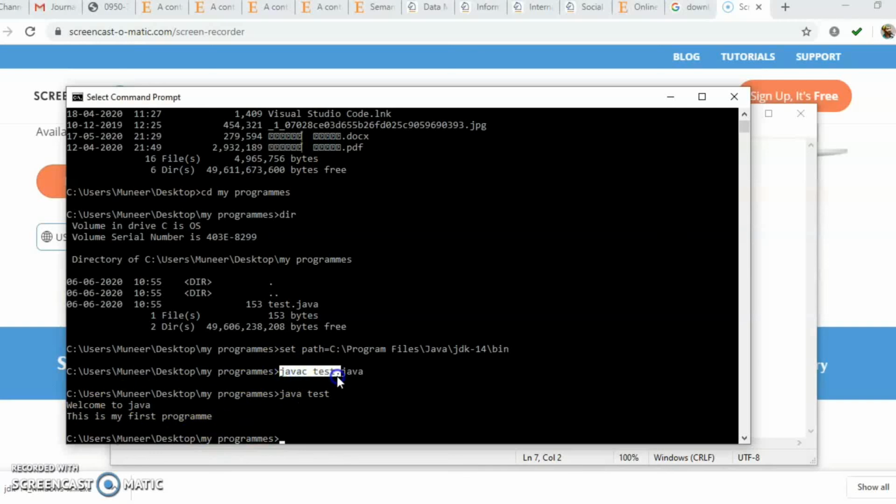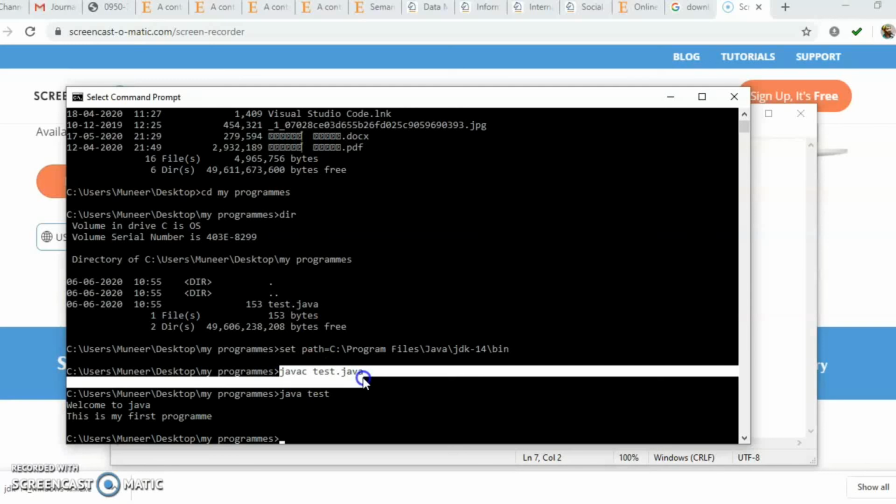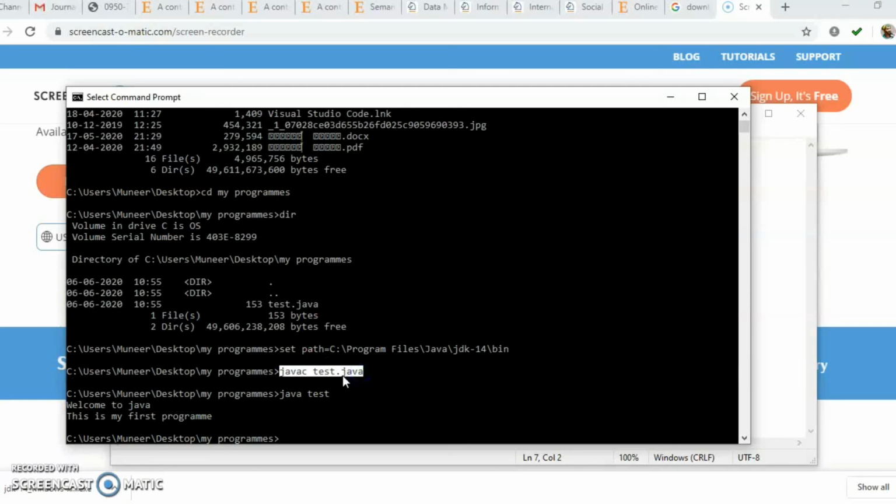So this is Java compilation. This is Java interpretation. While running the compilation, on successful compilation, it will create a class file that will be the bytecode or intermediate code. This is how we can set up the simplest way of runtime environment in Java.